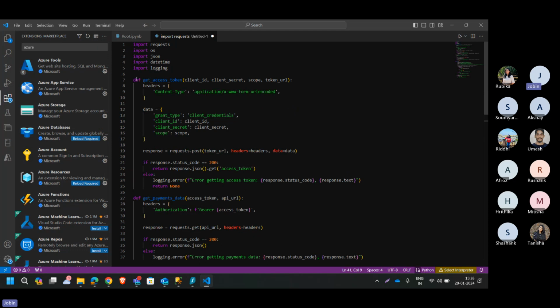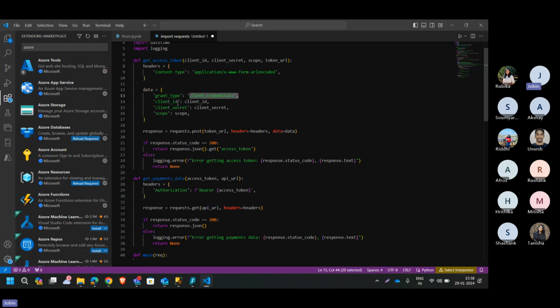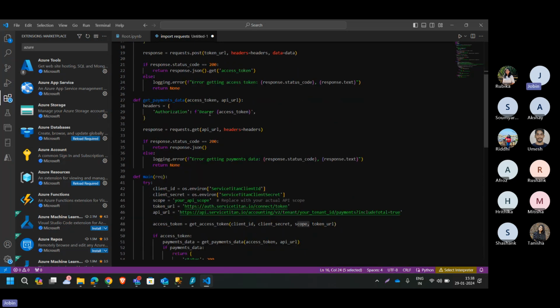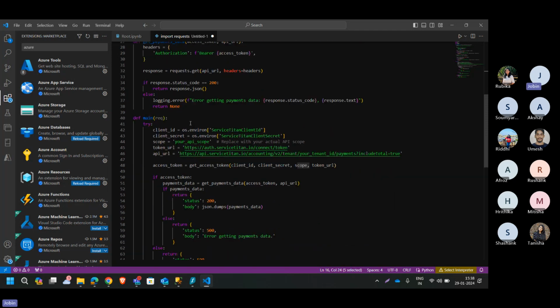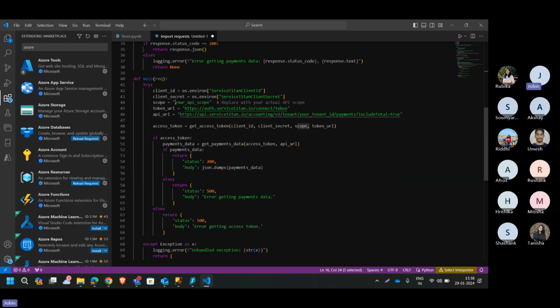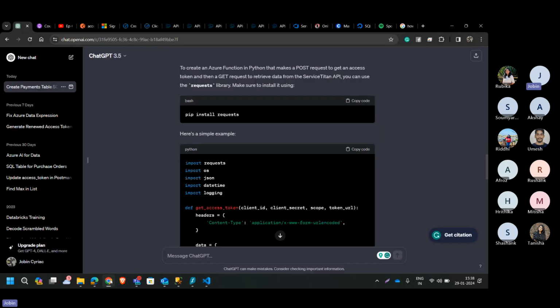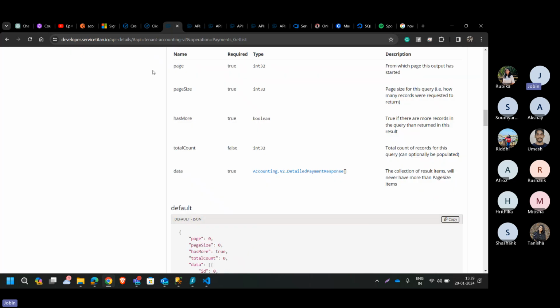So as we can see, it has created various functions to get the access token. Here we need to replace it with the proper credentials, and in get payments data we have to provide the API scope. Rest everything looks fine, so we can just run this code, and if the status is 200, it means the code executed fine. Otherwise, there is some error. So if we see the API documentation,